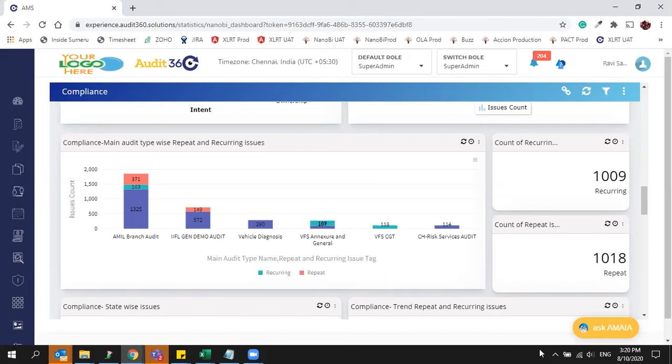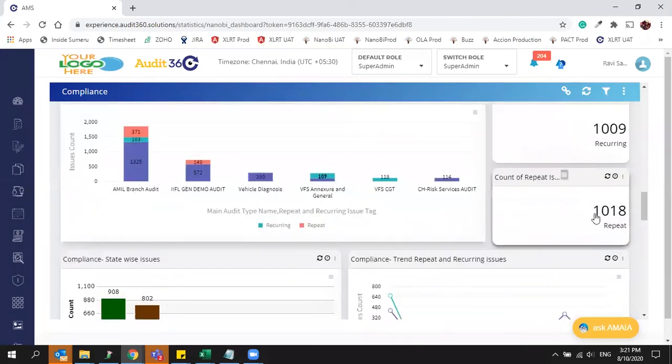Next, for the same Lucknow branch, if I have scheduled a second quarter audit, meaning the third audit in the same year, when you are doing the audit, if you find the same issue which you got in the last two audits, that will become your recurring issue. Such checkpoints, how many checkpoints you have got under repeat and recurring issues, you can easily find out in this particular chart. And how many recurring issues there are at the organization level you can see, and how many repeat issues you have in the